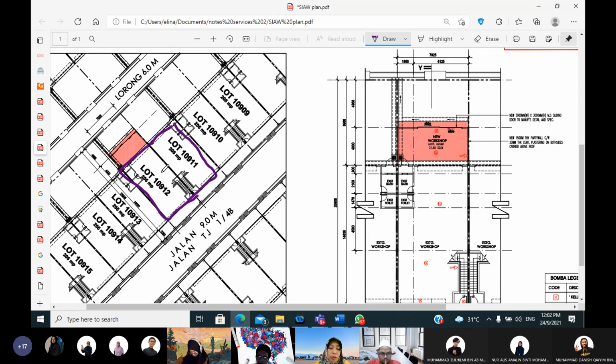So what you should do, technically you have to draw like this, light well here, so that if you have another room here, you can draw